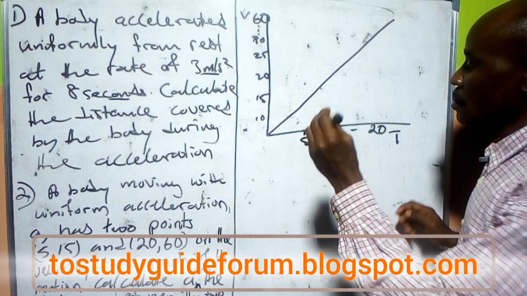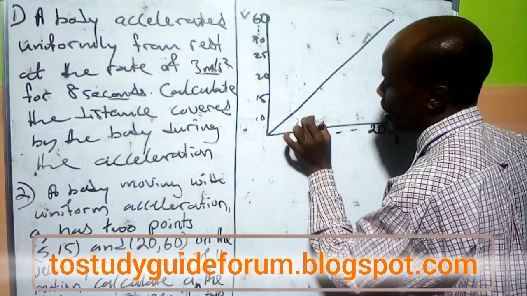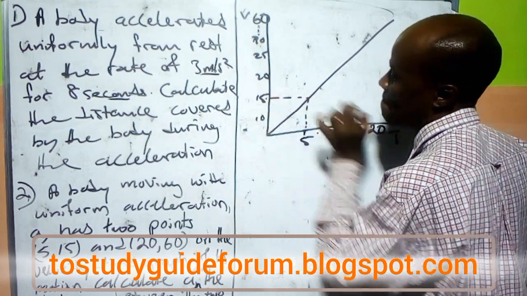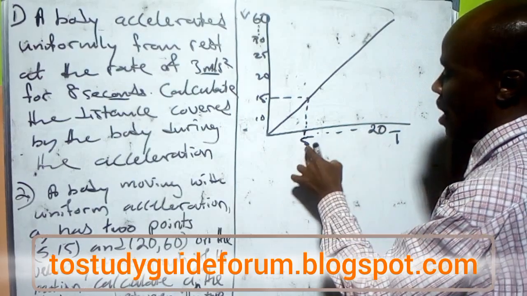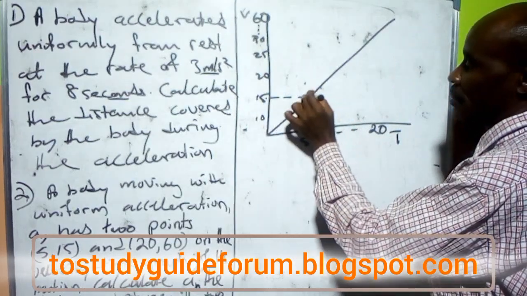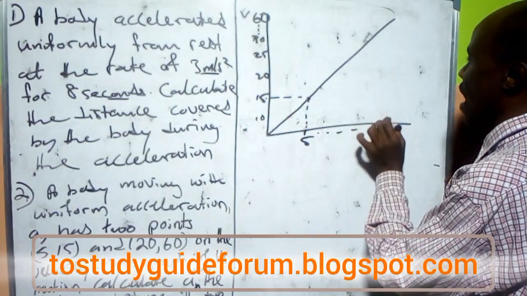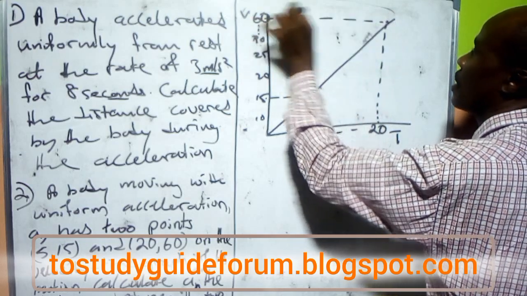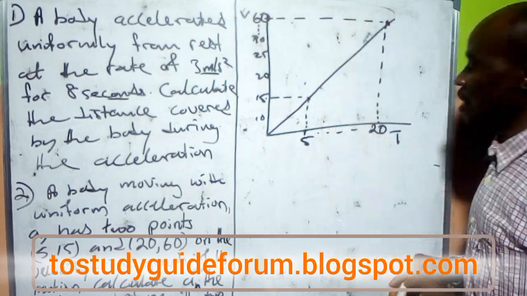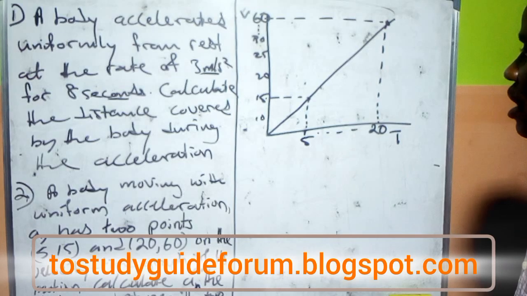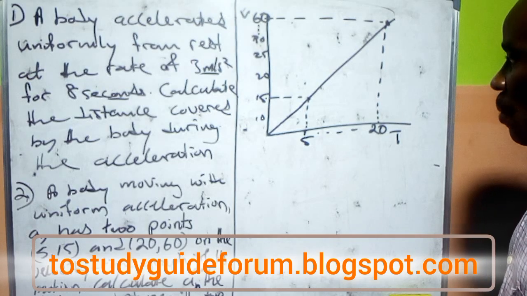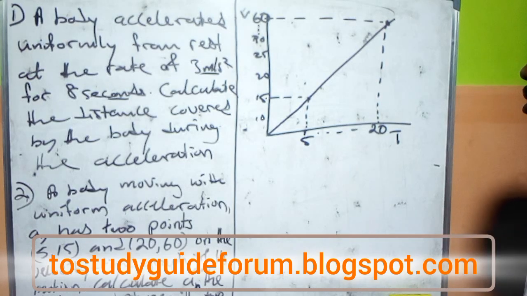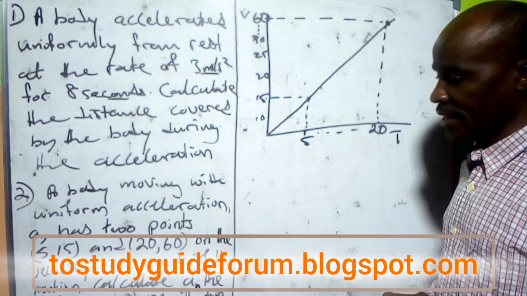And then here we have the first point. This is the first point. The second point, we have our second point that landed at what? 60. This is the second point. In this case now, since we're asked to find the